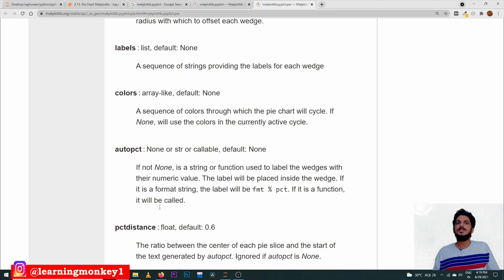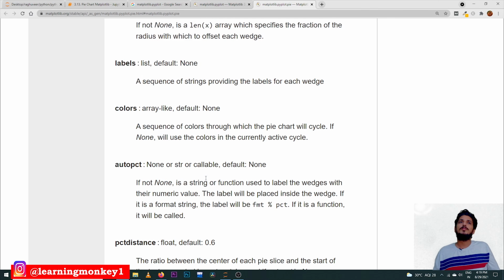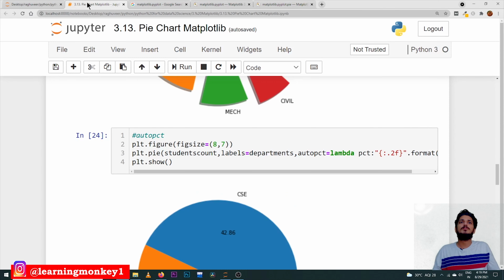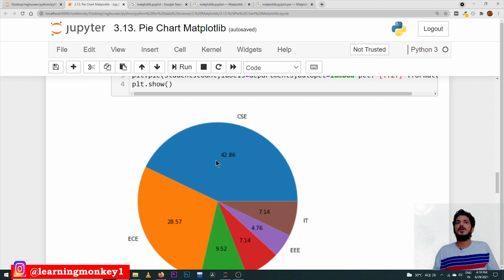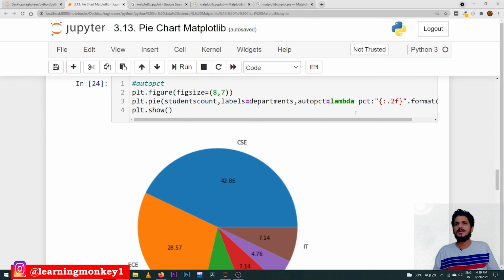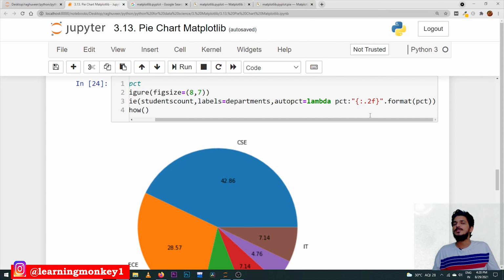The autopct option is used if you want the percentage values to be shown. With this autopct option, it will take the values one by one and automatically consider the percentage. That value is taken into a variable in a lambda function.